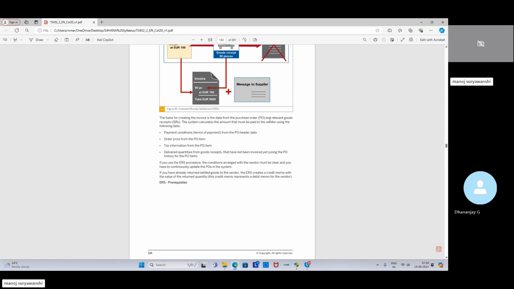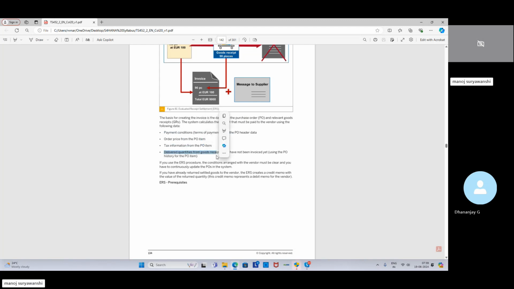That information should be there in the system to post the invoice automatically. Okay. So for that, payment condition, terms of payment, we need to enter in the PO. We need to enter the tax details in the PO. Order price from the PO item, tax information from the PO item,